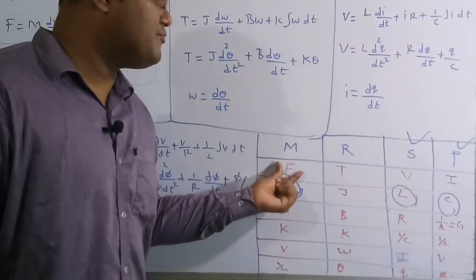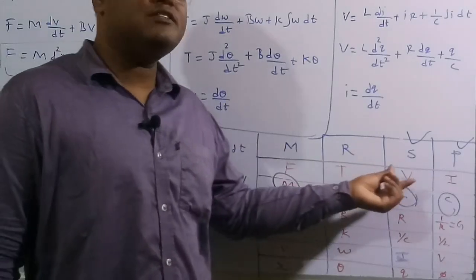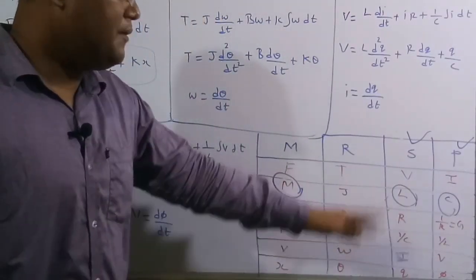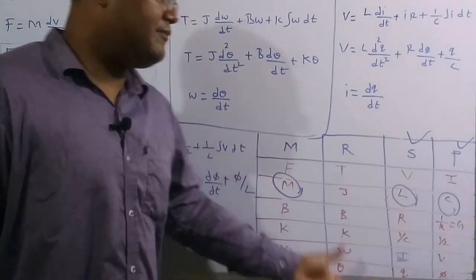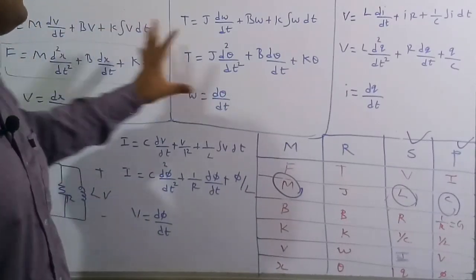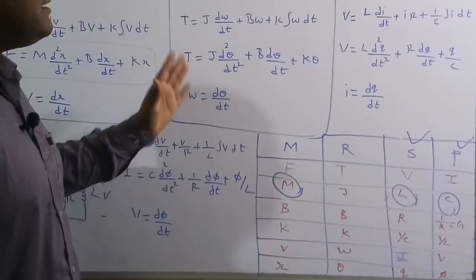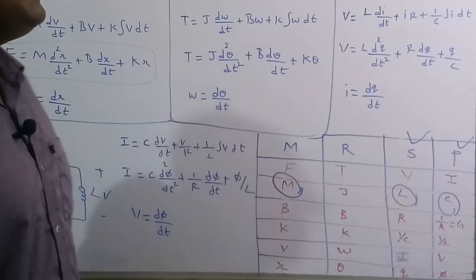Suppose if they ask what is the force in mechanical system, what is equivalent in electrical system, whether it can be voltage or current. So based on this you have to make an answer. So this is very much important. If you know this table, then it is very easy to solve this type of questions. And these equations you have to remember, then you can make this table. Even if you forgot it, you can make this table in a fraction of seconds, and then you can compare these terms, and then you can solve this question.